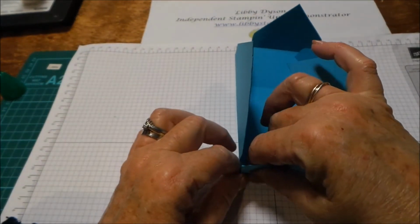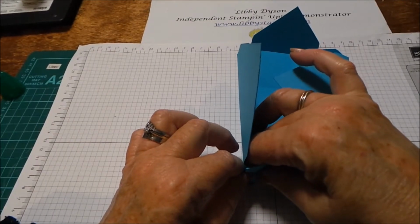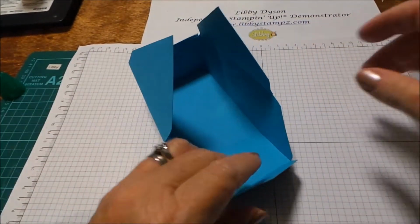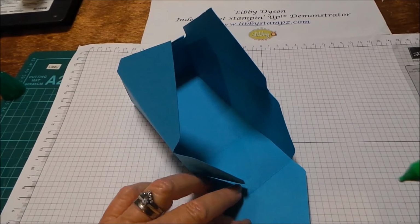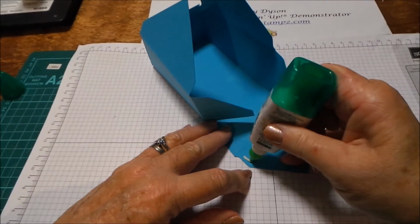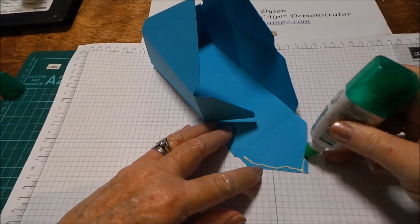And just hold it for a minute till that sets. Alright, and then we're going to do the same with the other end. So adhesive on the point, right to the point,